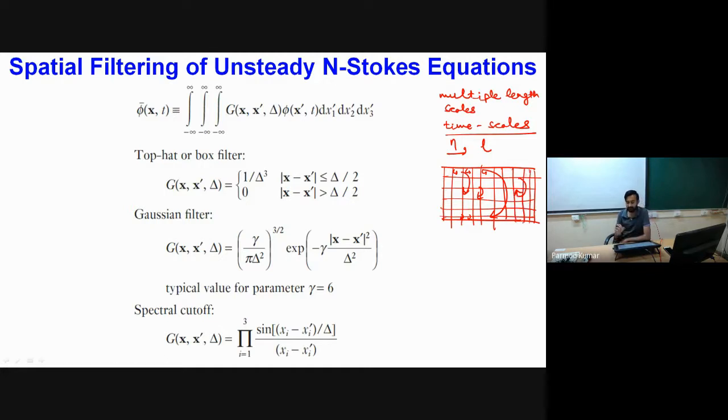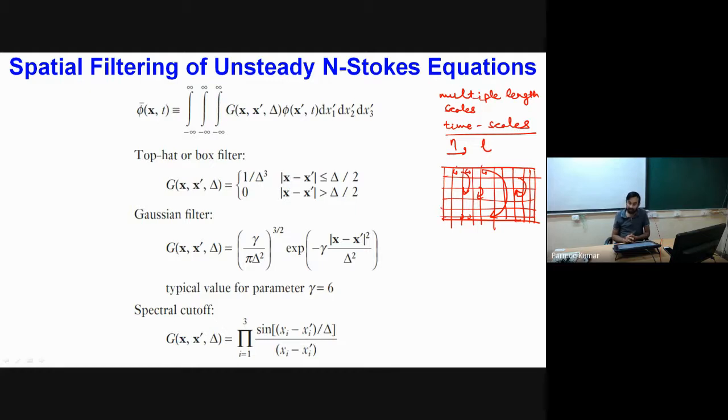After doing this scanning, we obtain our governing equations which will only include the large eddies, or I should say the eddies which are above this cutoff scanning criteria. So we spatially filter out which are the large eddies present in our simulation, and only the large eddies we include in our main governing equations. While solving the governing equations, we consider the effect of large eddies which are greater than the cutoff criteria.